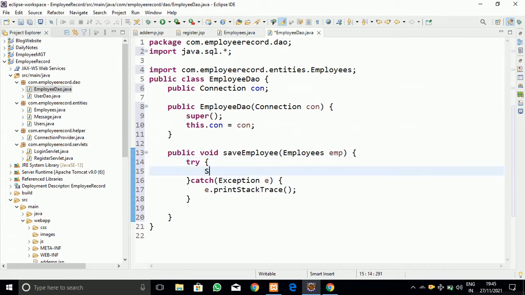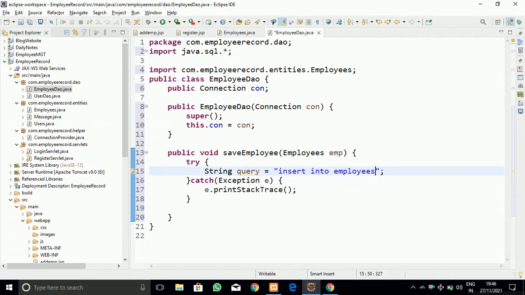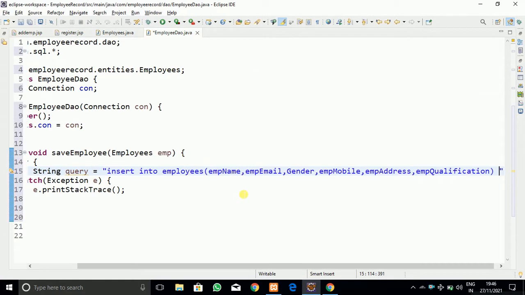Now I am going to create the query for inserting the data into the database. Whatever data I want to insert: insert into the table name, which is employees, and the data we have to insert is the employee name, email ID, gender, mobile number, address, and employee qualification.